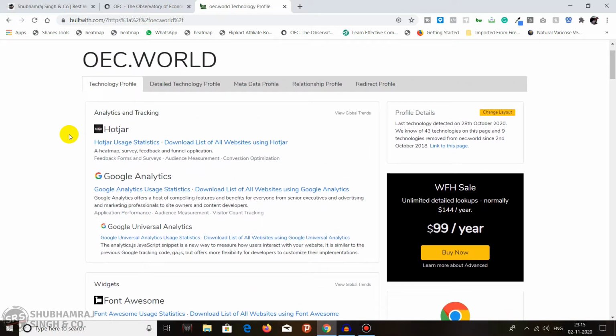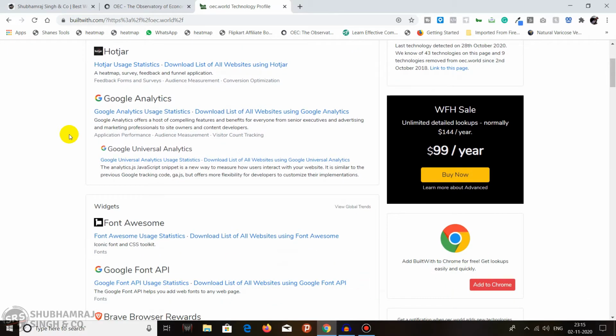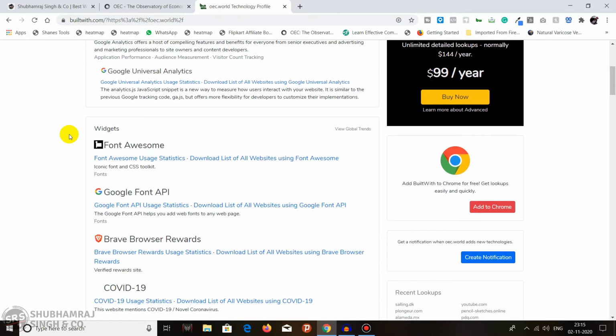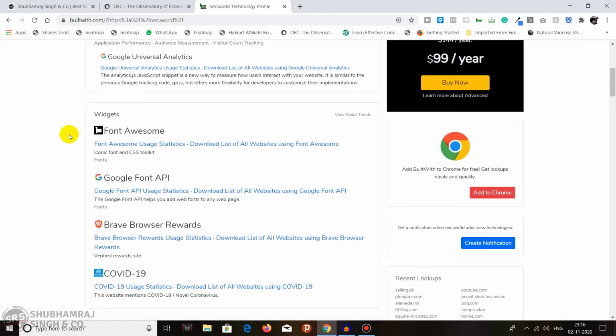And you can see that we are now seeing each and everything. Like they are using Google Analytics. They may be using a pixel or a code from Google Analytics to track the website visitors and overall traffic in order to make some predictions or forecasting. You may know this if you are using Google Analytics.